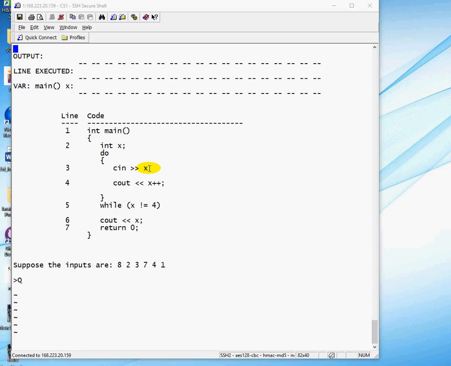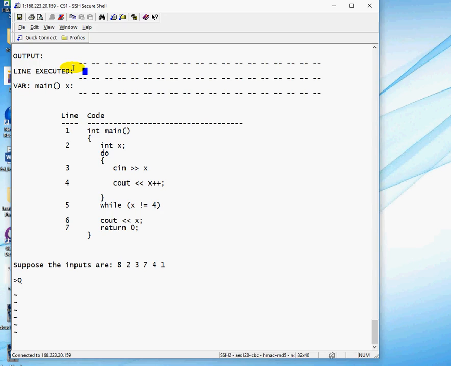Now, when doing these traces, you need to keep track of which lines get executed, but you also have to keep track of variables that are relevant to the way the program executes. In this case, we just have one variable x, which belongs to the main, so we're going to keep track of the values that this variable takes on. So let us begin. In this instance, there's no global variable, so execution begins